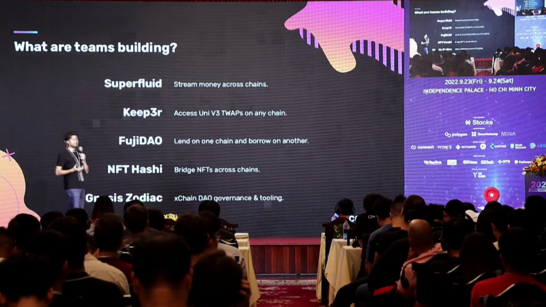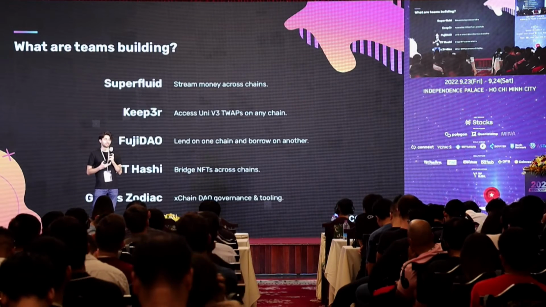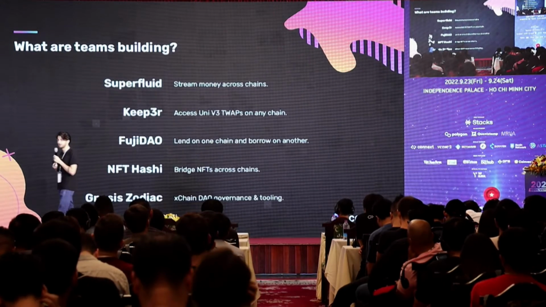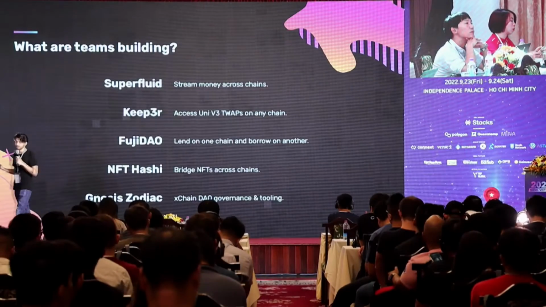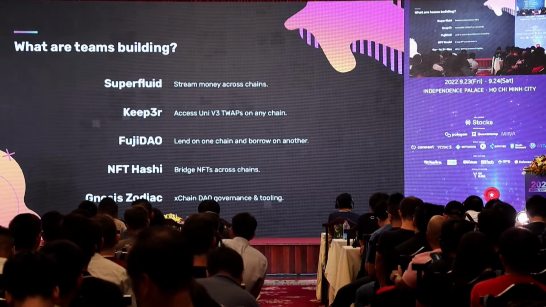NFT Hashi is another really, really interesting project. It's an NFT bridging and cross-chain NFT protocol. Right now, if you're building an NFT project, your NFTs are locked into a single ecosystem. So NFTs built on Polygon cannot actually trade on Arbitrum's, what's it called? The marketplace that's on Arbitrum. Or NFTs built on top of Optimism can't trade on OpenSea. That's a really fragmented and siloed experience, and it's also really bad for the marketplaces that want to get the largest user bases they can. NFT Hashi solves that. It allows you to have NFTs that actually exist on multiple chains at the same time or can be brought to any other chain.